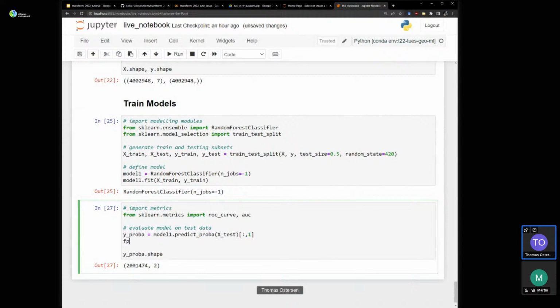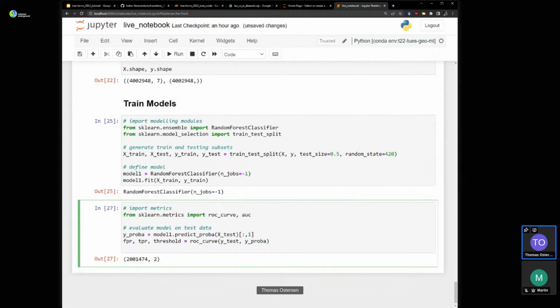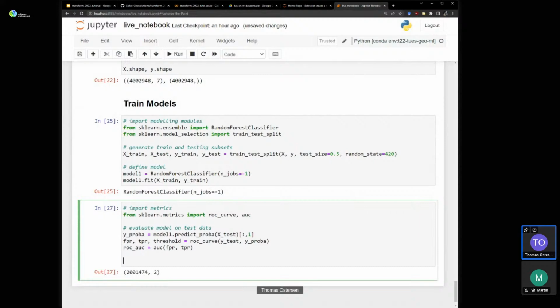We'll then calculate the false positive rate, the true positive rate, and the threshold, which we don't actually care about. roc_curve, y_test, y_prob. Cool. Okay. And then we'll calculate the area under the curve, AUC, from FPR, TPR.